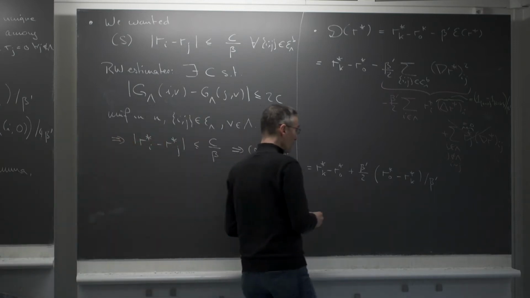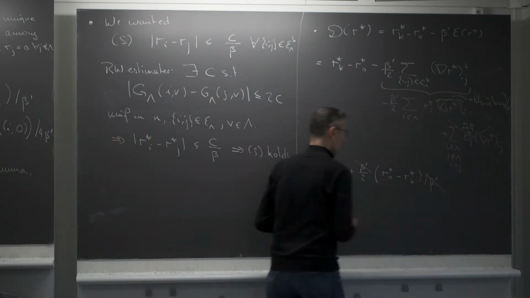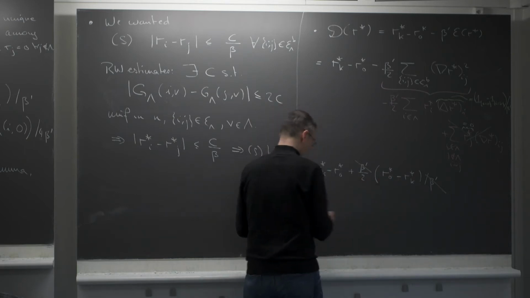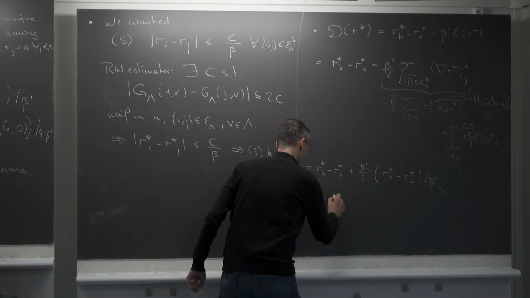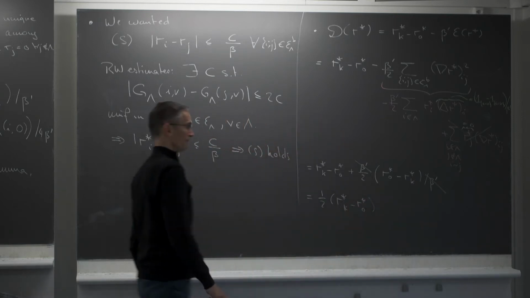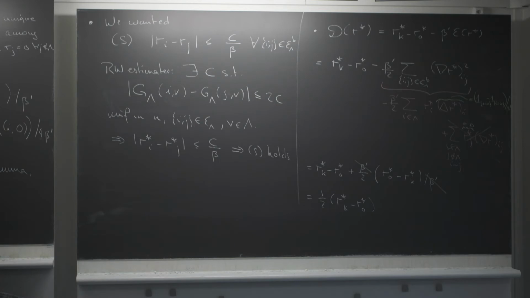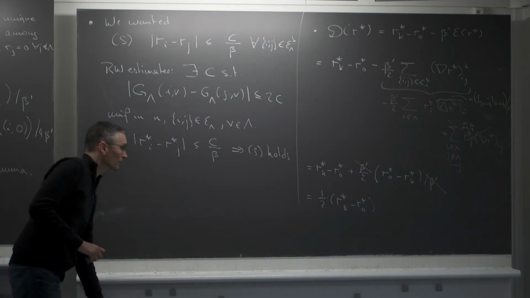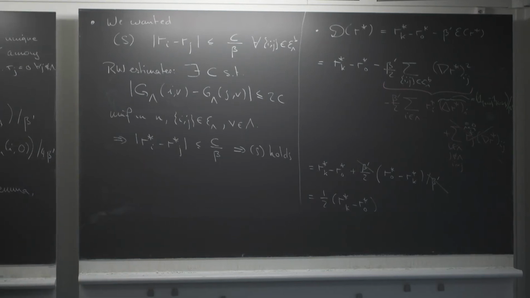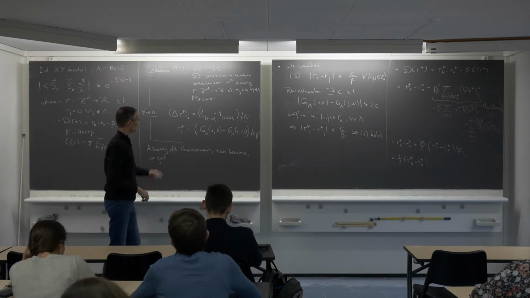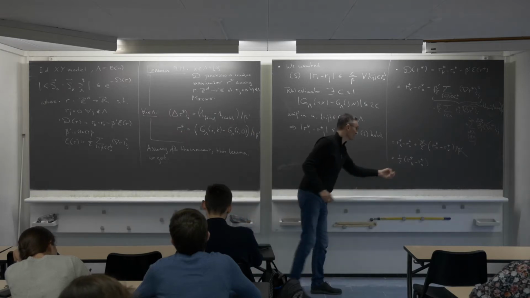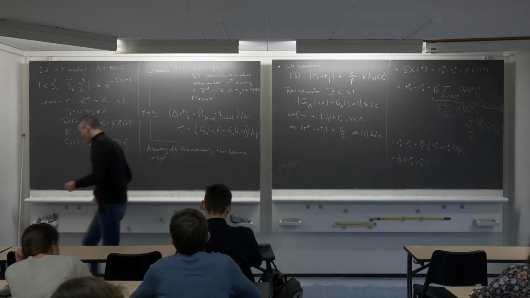Then the beta prime just go away. And what you're left with is R star k minus R star 0 minus 1/2 of R star k minus R star 0. So you just get 1/2 of R star k minus R star 0. That's where we are now. So up to now, I've only used the fact that the Laplacian of R star satisfies this equation. Now I'm going to use explicitly the form of R star, injecting it here, but maybe I will do it on another board to have more room.